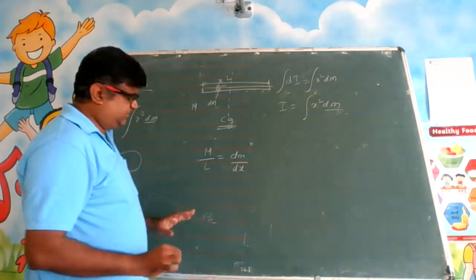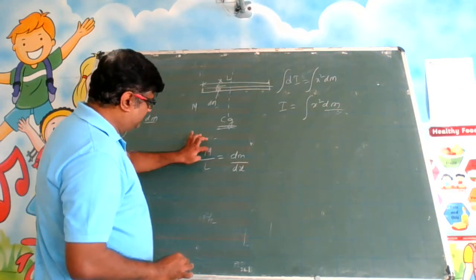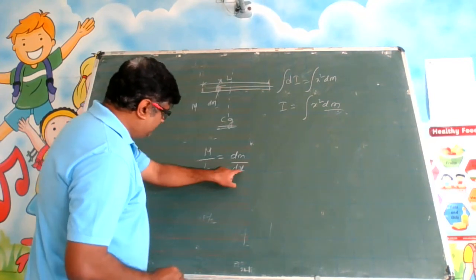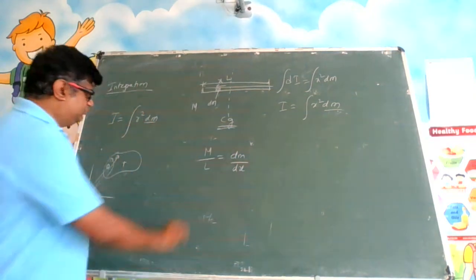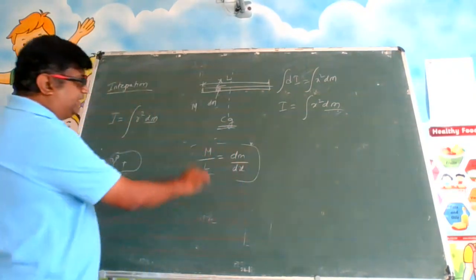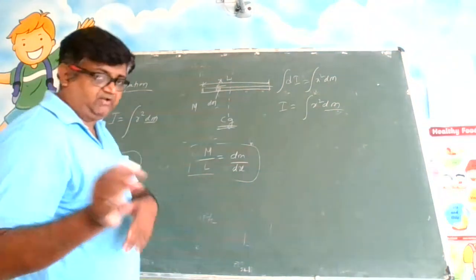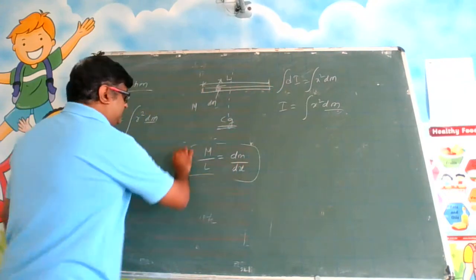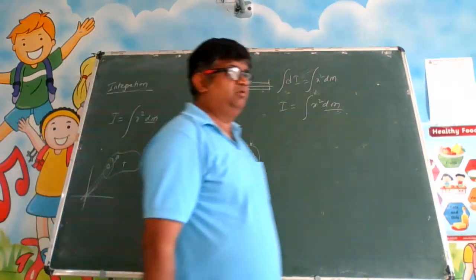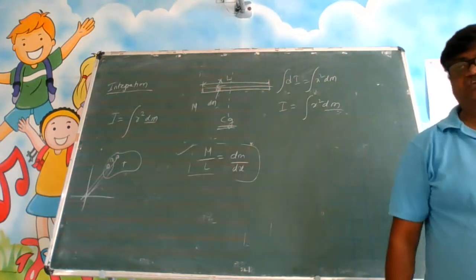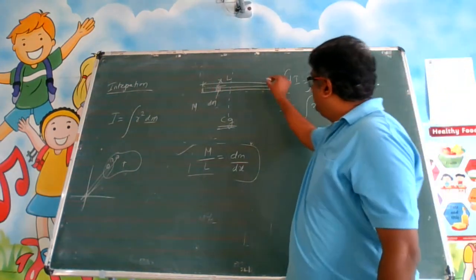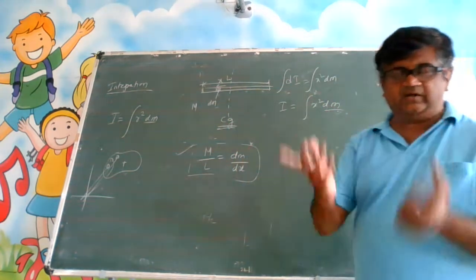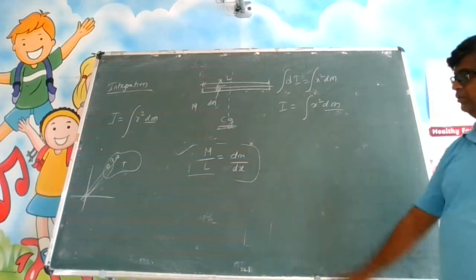m/l is constant. अगर मैं आधा लेंथ लूंगा, मेरा मास आधा हो जाएगा. अगर मैं 1/4 लेंथ लूंगा तो मेरा मास 1/4 हो जाएगा, अगर मैं dx लूंगा तो वो dm हो जाएगा. So this is the relationship where you can apply. If you see the text that I have given you, a uniform thin rod, ये पूरा uniform होगा तभी ये apply कर सकते हैं. If it is non-uniform, you cannot apply this condition. अगर मैं बोलता हूँ ये मेटालिक रॉड है, इसको मैंने छोटा टुकड़ा किया, तो उसको किसी और टुकड़े से मैंने कंपेयर किया, they are identical in property, then only you can apply this.